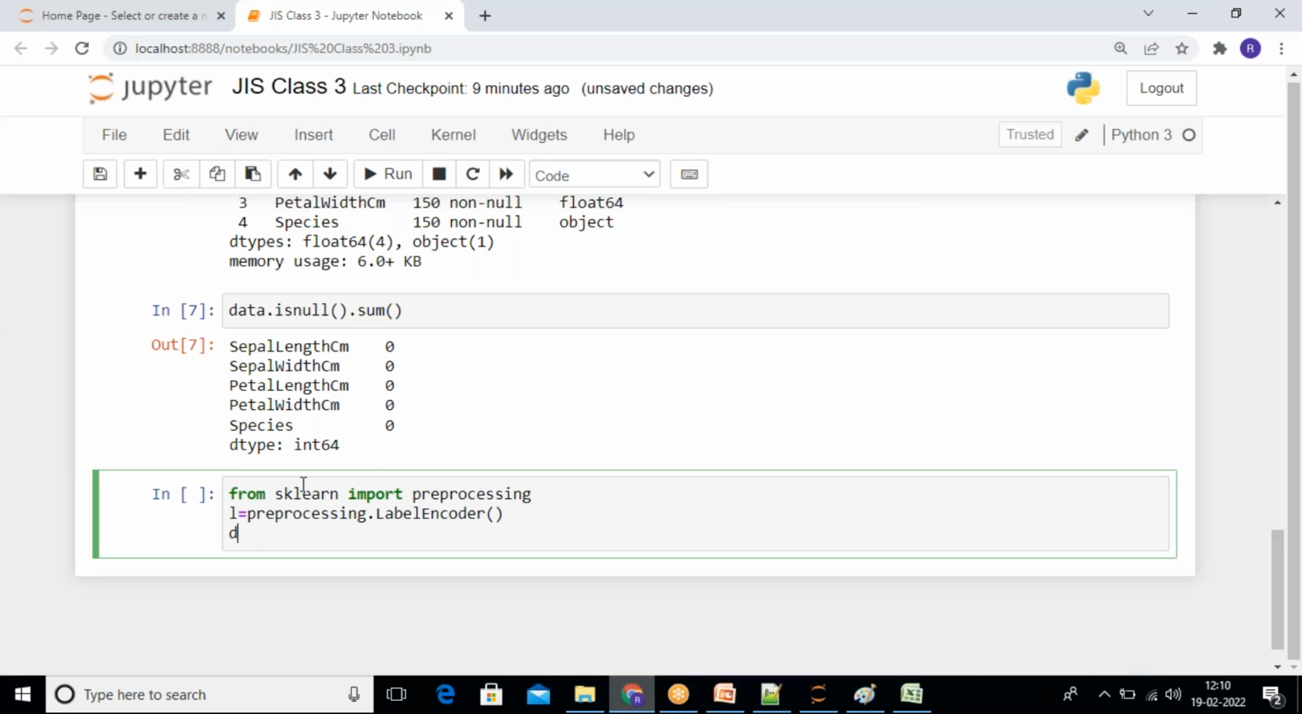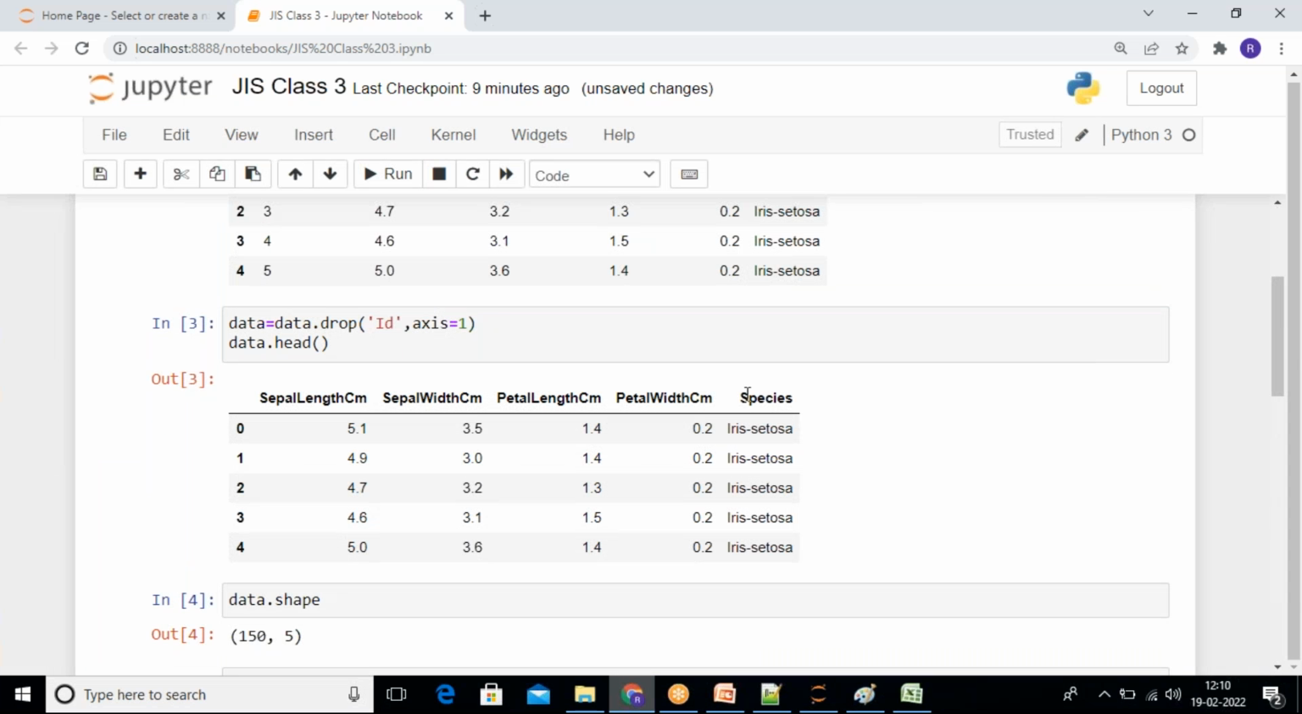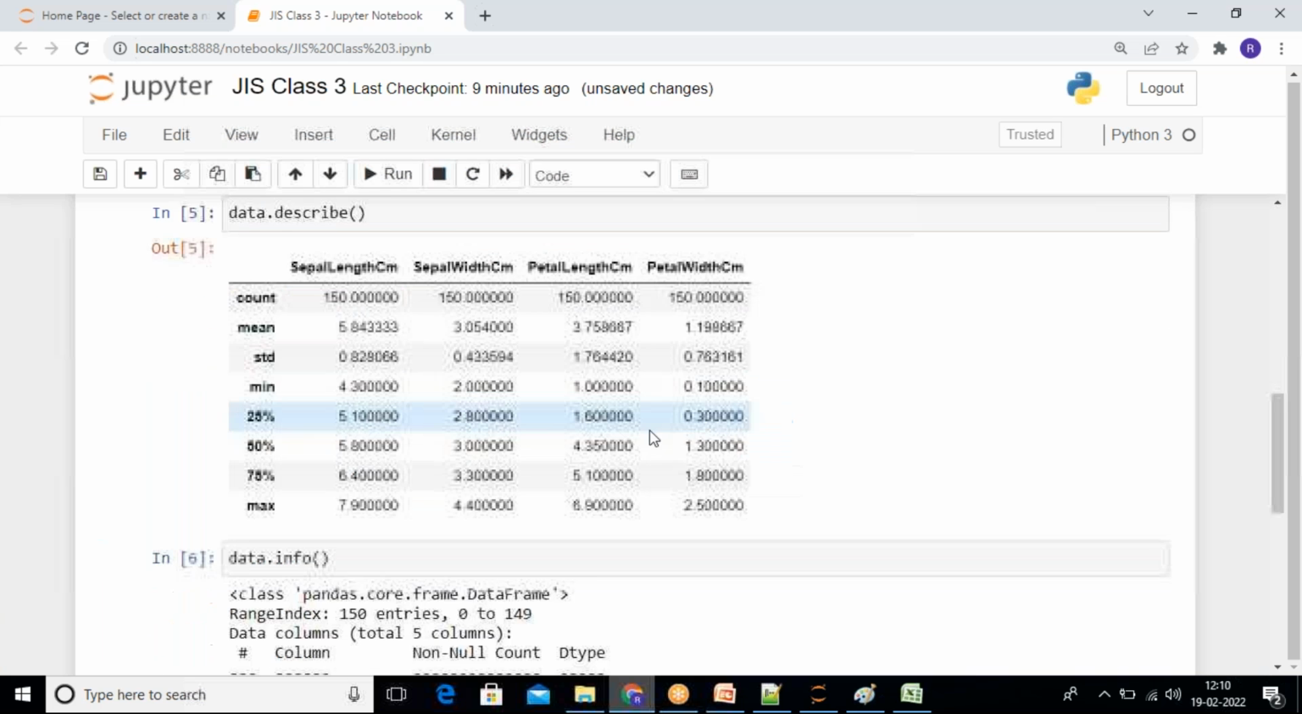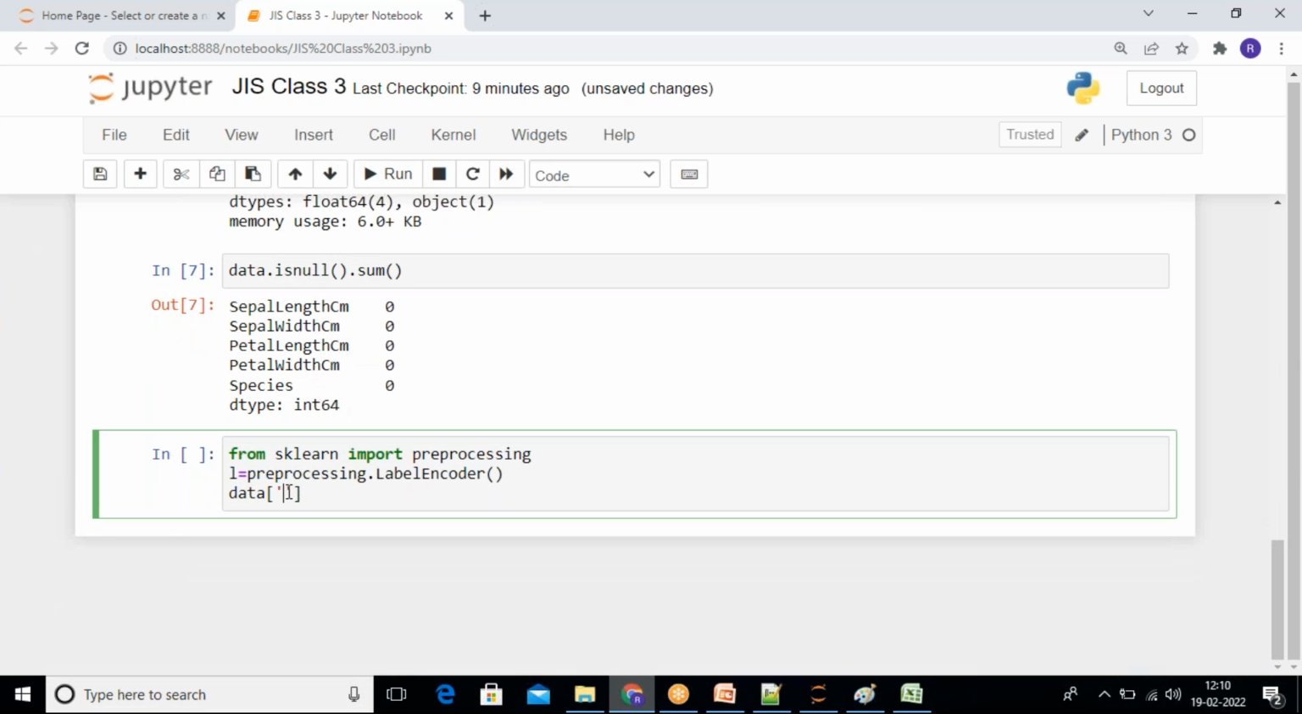Now, which column do we want to change? Data, and just copy this species. This is species, S is capital, so copy the name from here and just paste it over here. See, species equal to